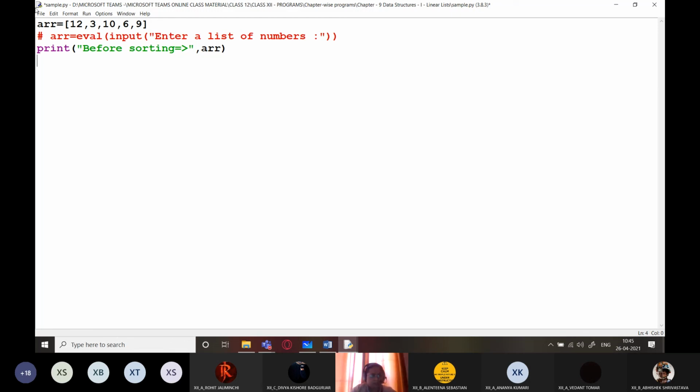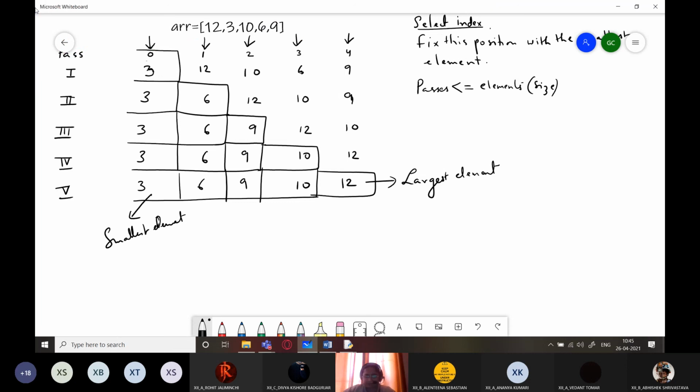So how am I going to do it? Look here very carefully. I'll start like this. For I in range, because in the outer loop, there will be 2 loops used here. Okay, 2 nested for loops. The outer loop is going to handle the number of passes. So I can just write size over here, where size is equal to length of the array. This is going to handle the number of passes. And there will be an inner loop.